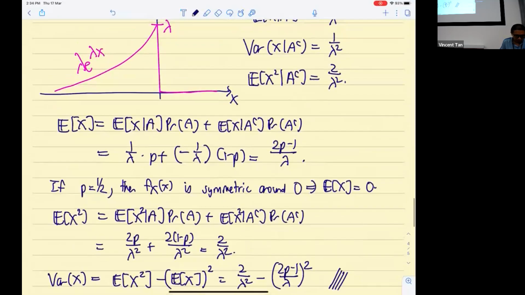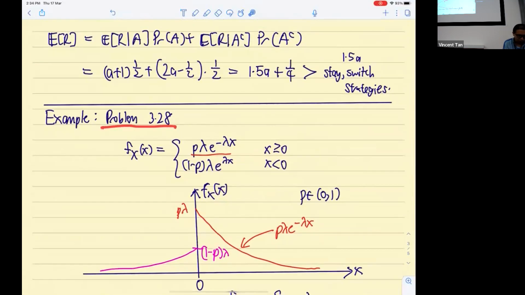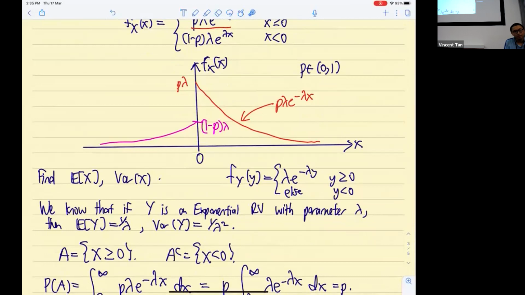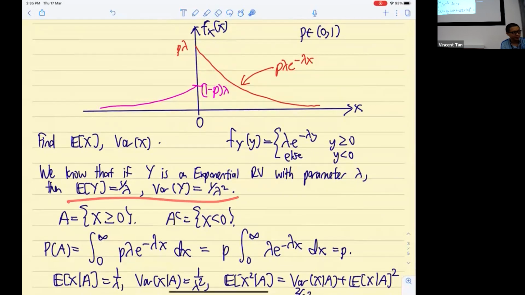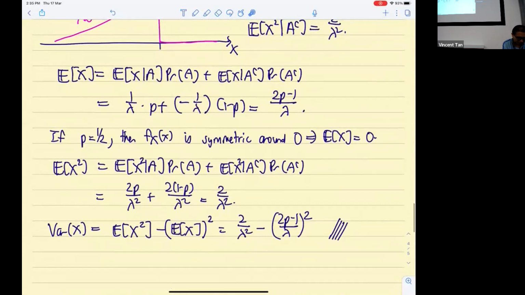Does that make sense? If you do painful integration, you can get the same answer, and you can flip to the book, problem 3.28. There are solutions there. You can follow their steps to do the painful integration, but we don't have to, because we notice that if we condition on A, this whole thing reduces to an exponential random variable on this side. If we condition on A complement, this reduces to a flipped exponential random variable. And we know all the statistics of exponential random variables. So we are making use of those statistics to simplify our life via the law of total probability applied 2